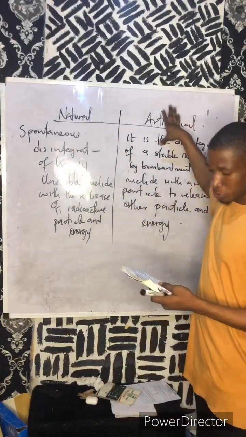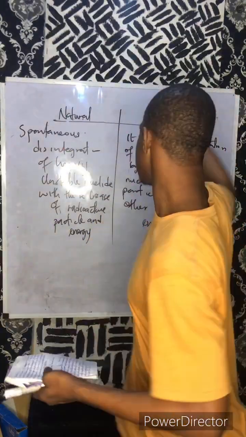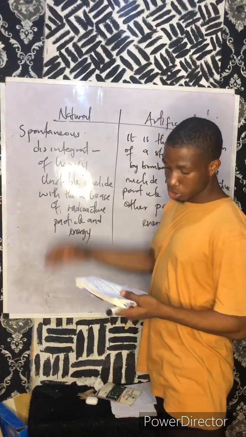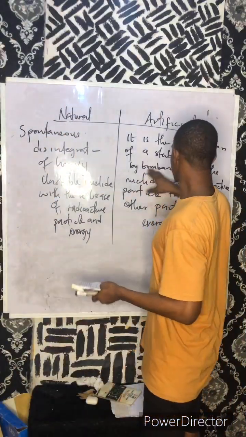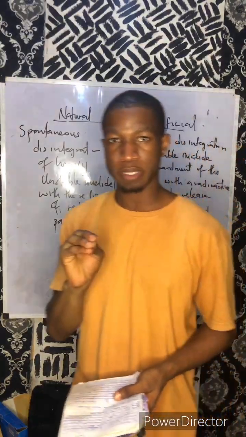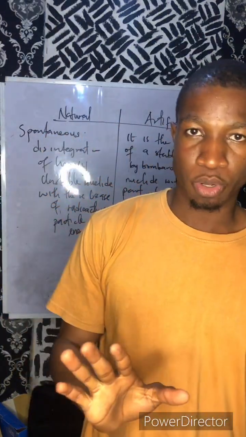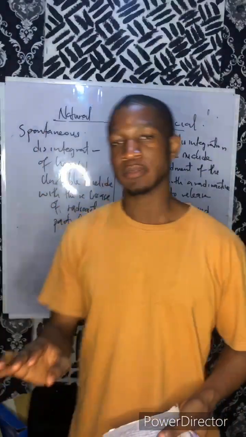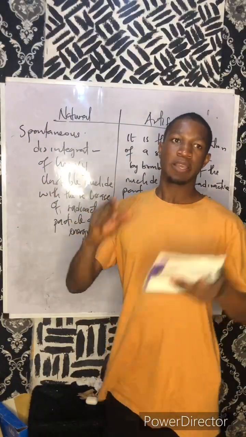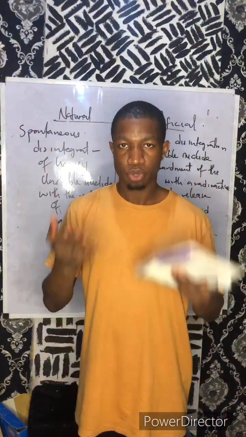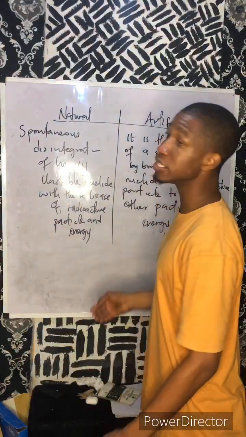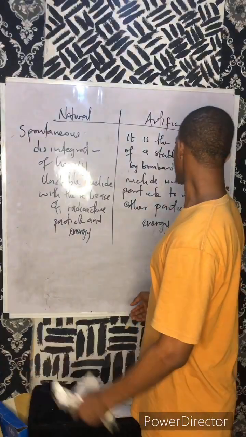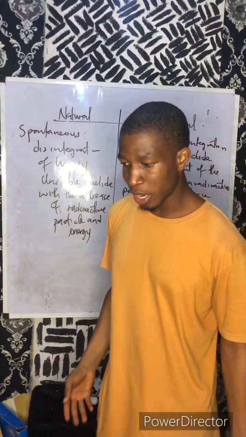What happens to this one? This is a kind of radioactivity that is induced in a non-radioactive substance, as you can see. The substance is not radioactive. Now, how do you know a radioactive substance? Let me take it slow. A radioactive substance is made of heavy, unstable nuclides. That's how you know that this is radioactive. So when it's stable like that, it's a non-radioactive substance.